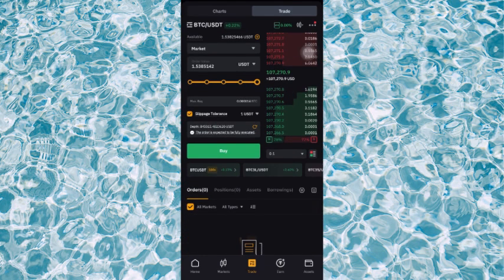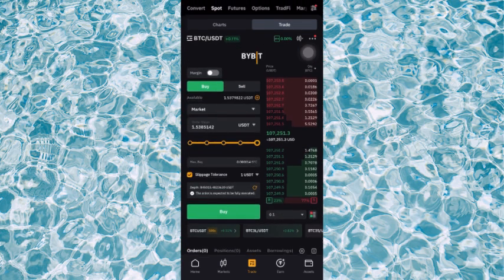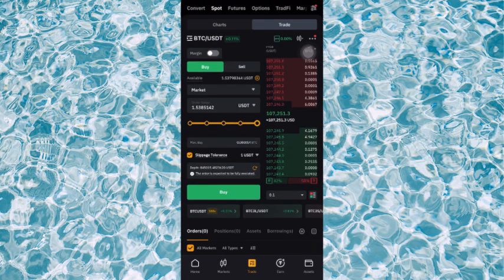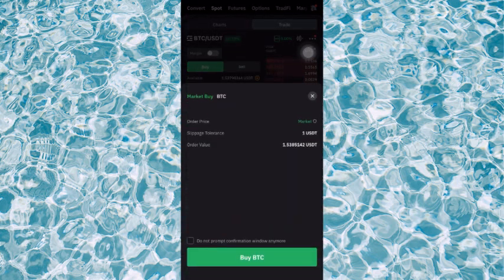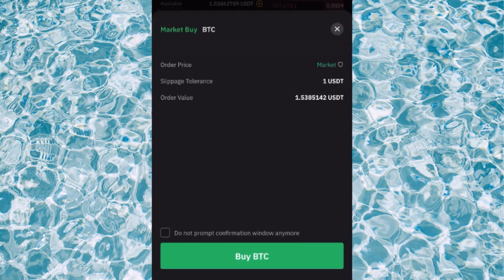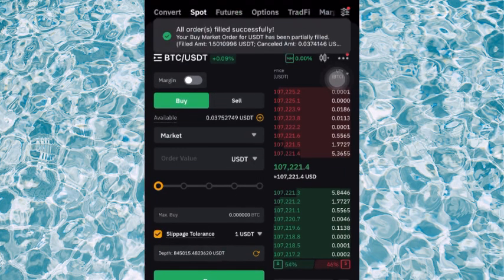When you are done with that, you also have to make sure that you have USDT on your Bybit for you to be able to carry out the transaction. If you don't have USDT on your Bybit, you won't be able to buy Bitcoin. So when you are done, you can go over to buy, and over here you can go over to buy BTC,